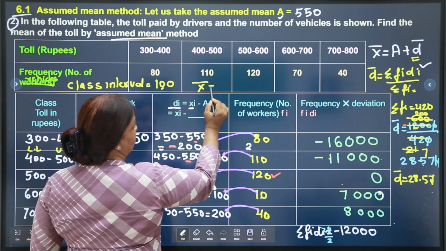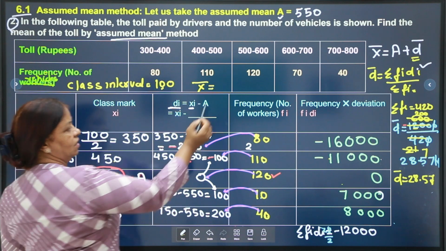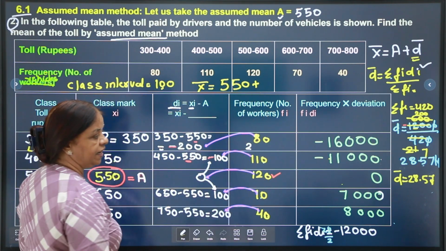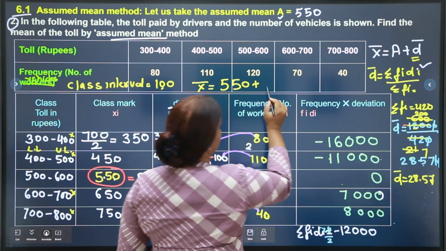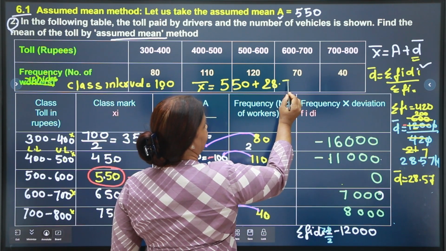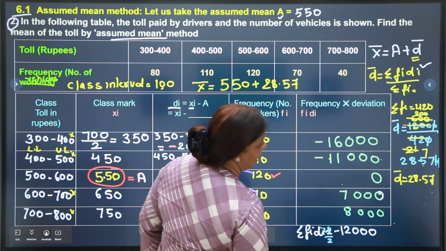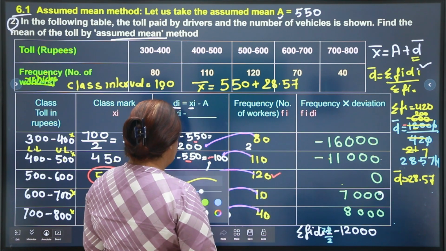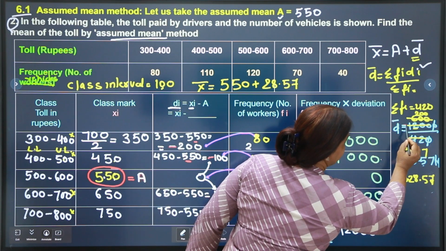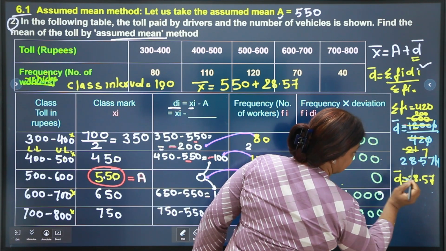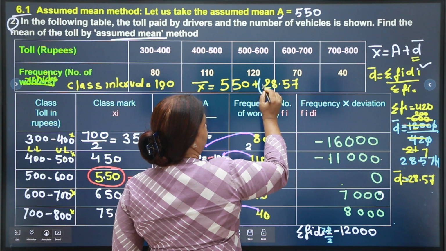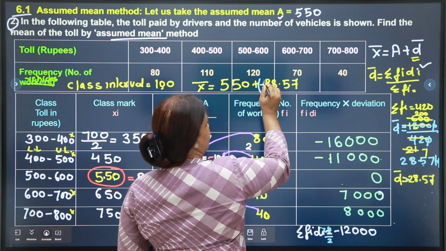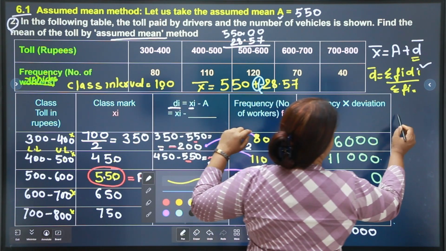Bar X is equal to A. A value is how much? 550. 550 plus bar D. What is bar D? 28.57. And it is minus, sorry children, minus. Why is it minus? Because here was the minus sign. So it is minus here. So minus 28.57. From 550 you need to subtract this. Minus and plus will become minus. Bar X is